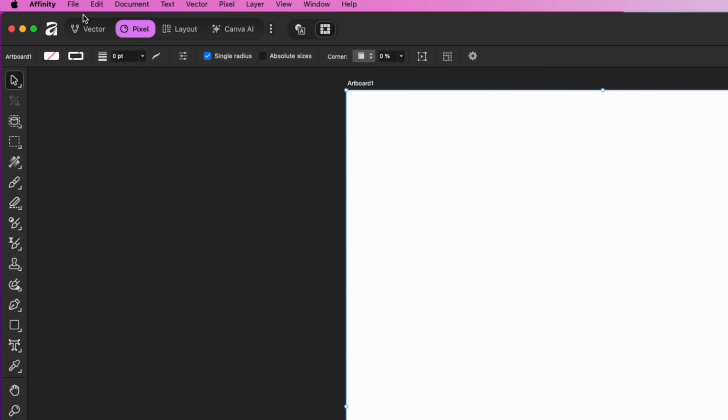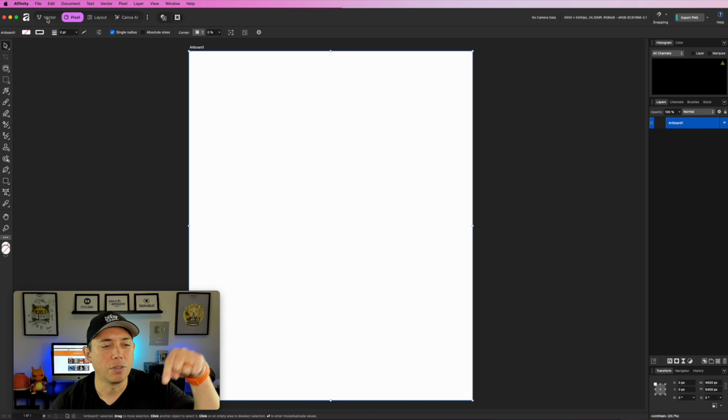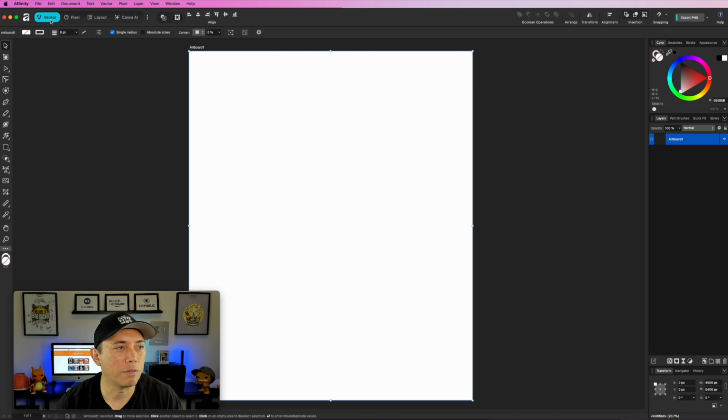Now it looks different here, and that's because it defaulted to pixel. I'm not sure how to change that. If you know, let me know. I couldn't find that, but I'm going to go to Vector, which is basically the Affinity Designer, and you'll notice